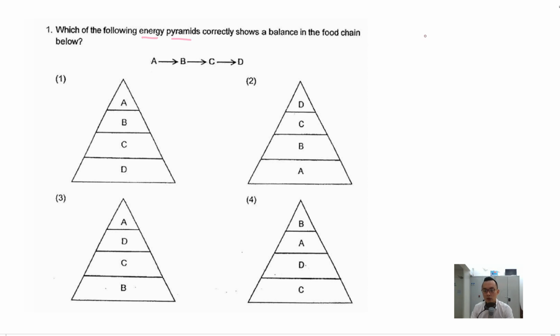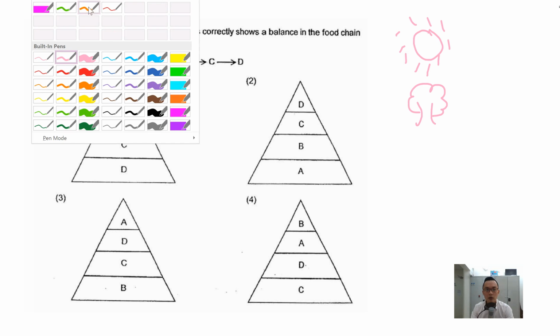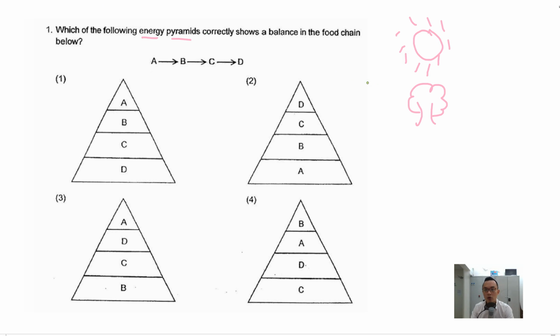You need to realize that the sun, let's just draw the sun, and then the next are plants, or I should actually draw green plants. These are green plants because they are green. And then I have an animal with a big mouth and a tail. The energy pyramid is basically the concept that the sun produces the most energy,